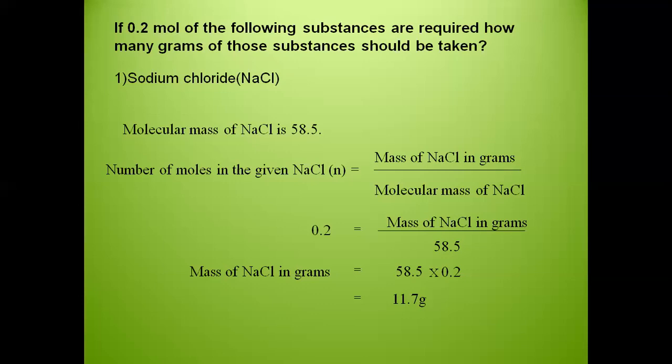Like in this way, various examples are given in our textbook. Other two are magnesium oxide and sodium carbonate. What is the pattern you're going to follow? You're simply going to calculate the molecular mass, and then you are going to use the formula for number of moles, substitute and get the answer. They are not at all difficult, simple mathematical questions, and 100% being asked in the exam. So please make sure you practice this and you get full marks in this question. So now you can take your time and finish writing.